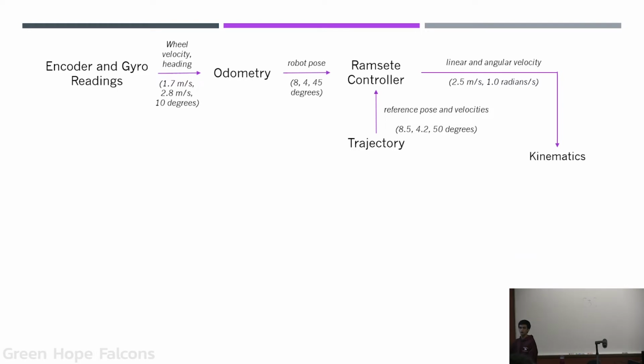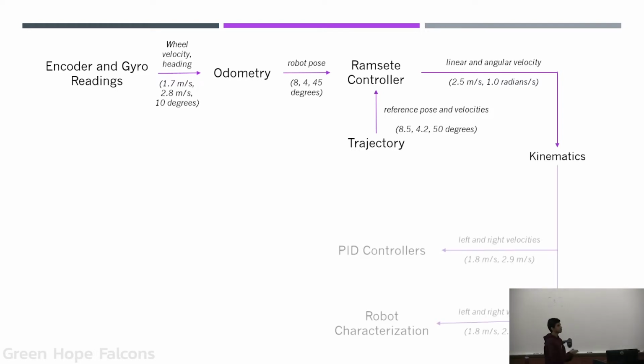in order to curve left. How do we actually calculate the left and the right velocities? That's what the kinematics classes do. So kinematics actually takes that value and it converts it into your left and right velocity. So here you can see that the right velocity is higher than the left velocity, and that makes it so that we can turn to the left. So these velocities actually go in to two separate